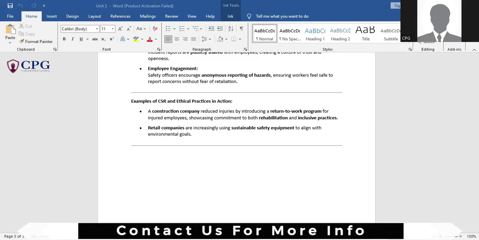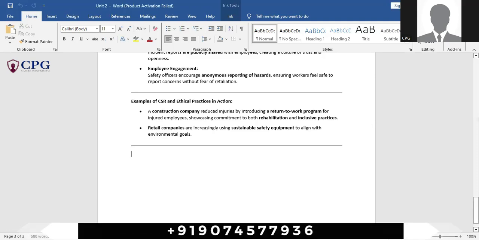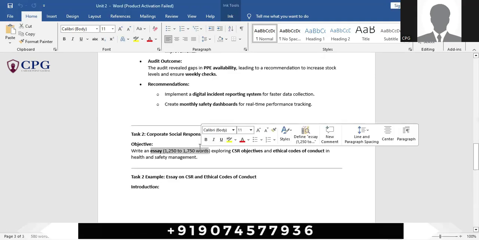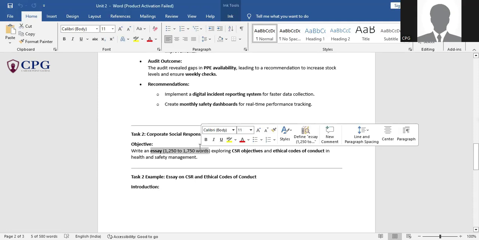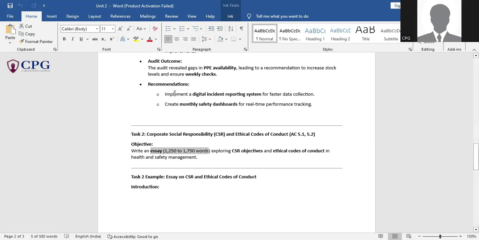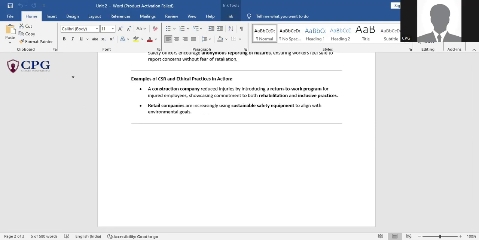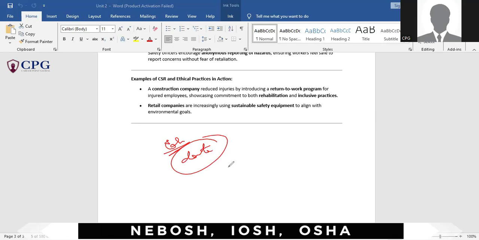That is why the amount of words that you have to write in this corporate social responsibility is also less. Hardly 1200 to 1750 words, less than 2000 words. So just a report, you can write if your company is doing any kind of CSR program, that is better. If it is not doing, then you can write that the company is providing for the education of the people who are working there, or who are residing in the vicinity of your company. So educational program. Here also you can give data,